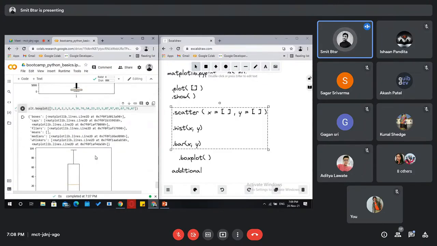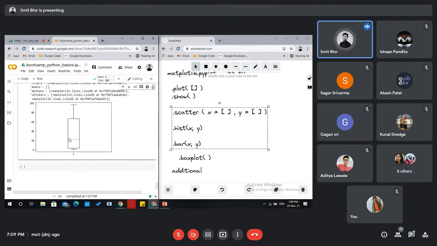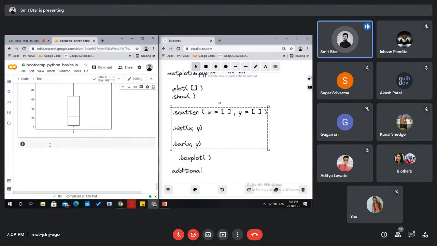Let's see some more stuff. The red line is the median. The lower line is the minimum non-outlier value. So there are outliers, non-outliers, minimum, maximum and all, like third quartile or first quartile. We have to understand all of that stuff. You can check it out more on the internet. We will move on with other things we can do on a plot.